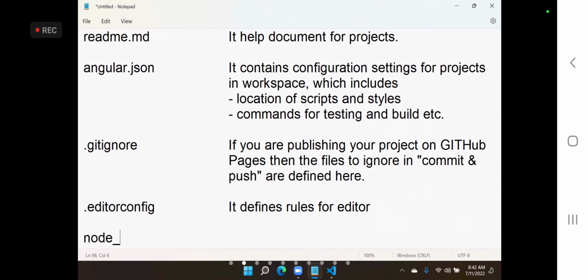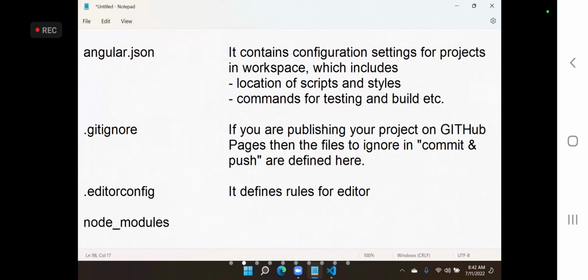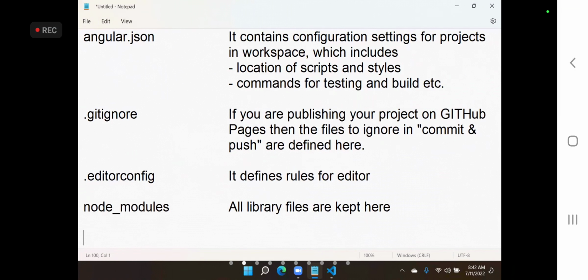And node modules, no need to explain to anybody who is aware of web development what it contains. So all library files are kept here. That means you download any library, all files are kept here. You install Bootstrap.